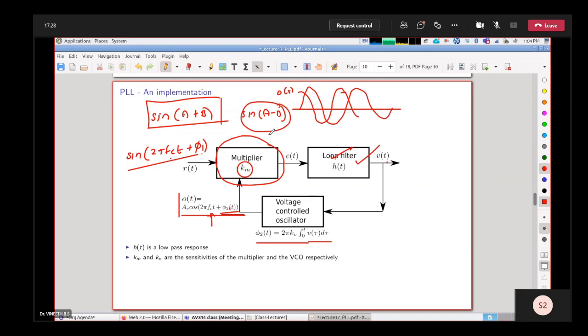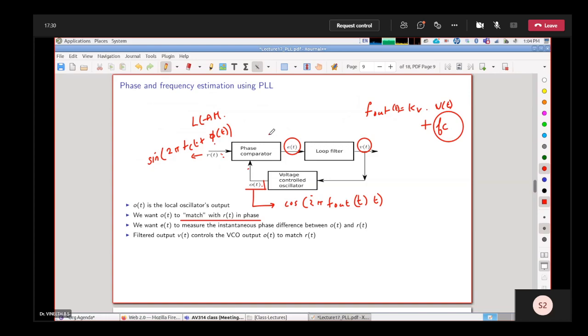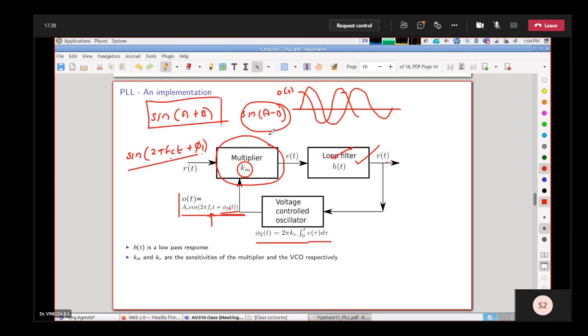So we started with this high level diagram of how a PLL looks like. It contains a phase comparator, loop filter, and VCO, voltage controlled oscillator. Then we said, let us think about it a little bit more. The phase comparator in this analog PLL, we are implementing via a multiplier. What the multiplier does is it produces a sinusoidal signal again, but the argument of that sinusoidal signal contains this phase difference. That we will use as a measurement of the phase difference. Is that clear? Any questions?